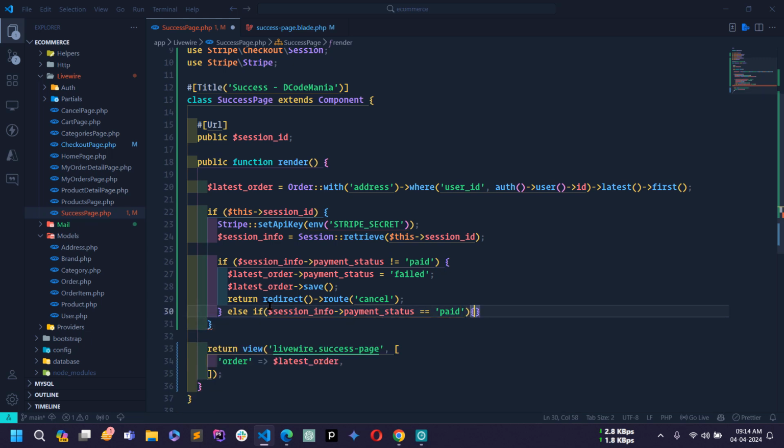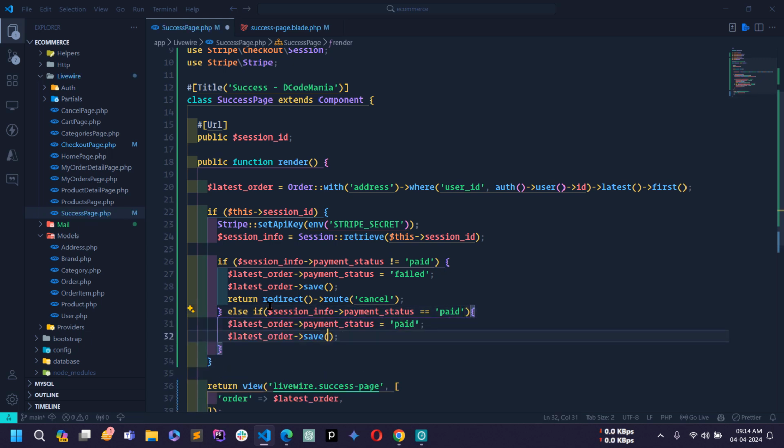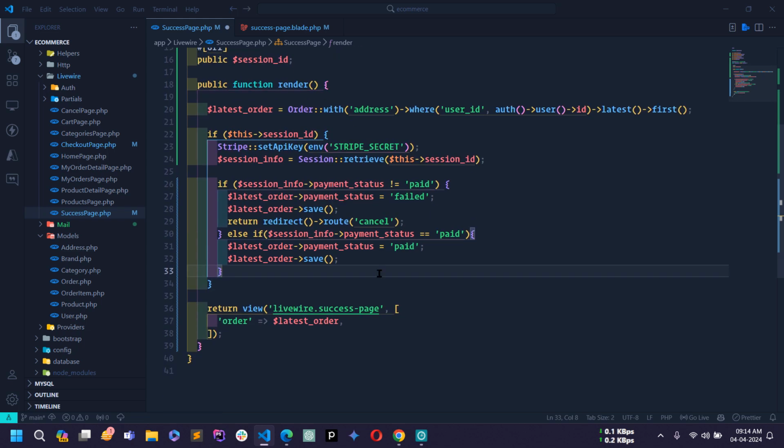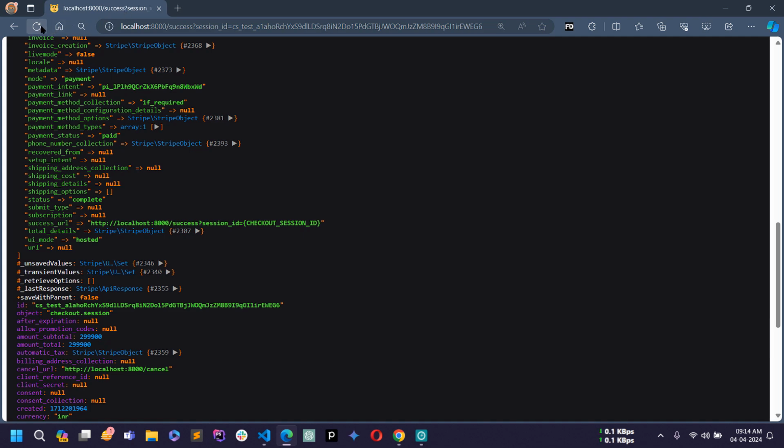In this case I will set latest order payment status equal to paid, and then update the order detail. I think all is done. Save. Now if I reload this page,